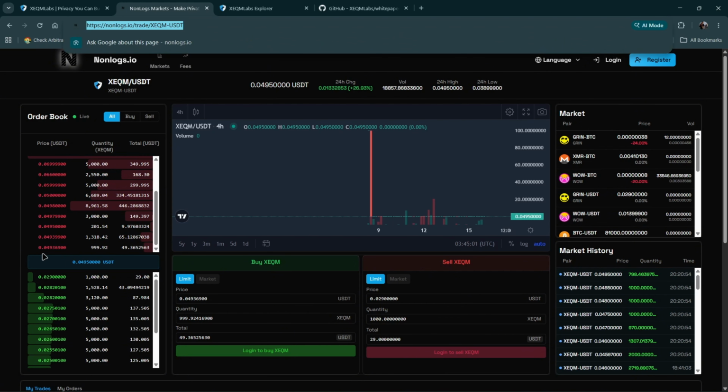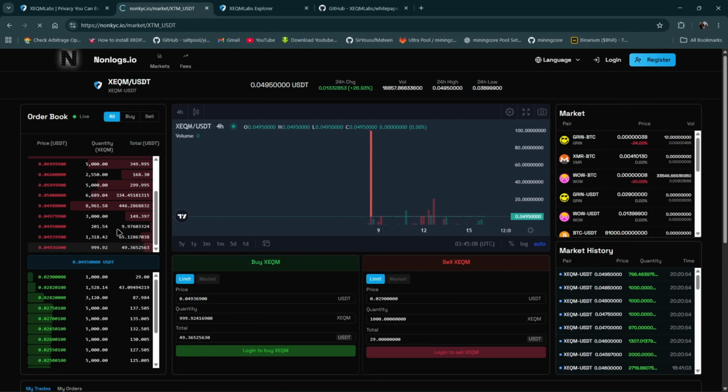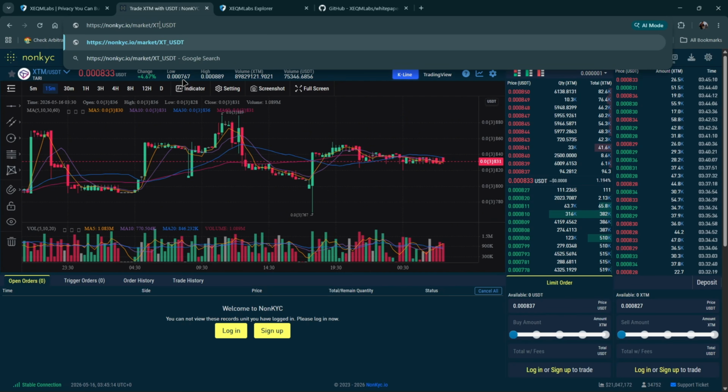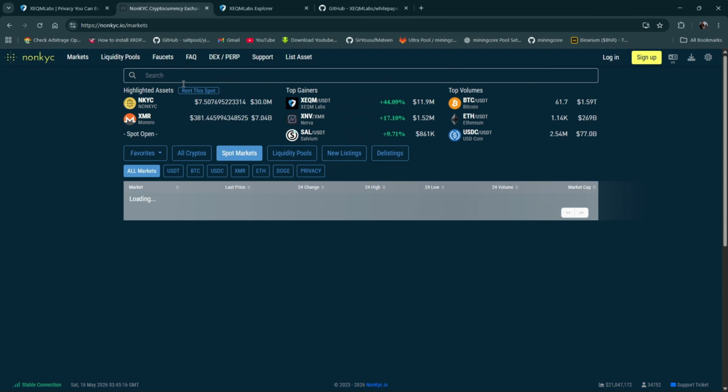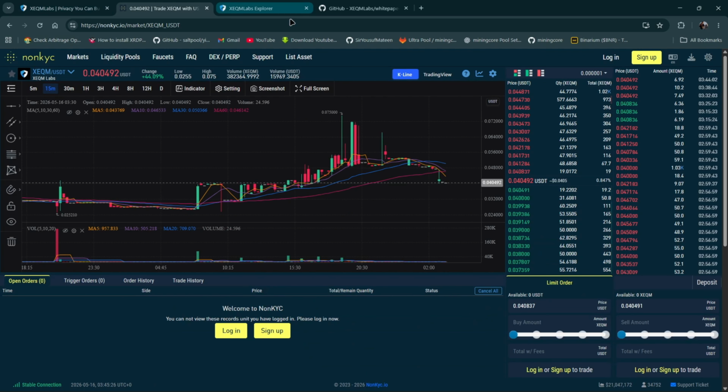Now non-KYC has a lesser gap in the buy orders, which is the second exchange that recently listed XEQM, and we will just head over to non-KYC, go to XEQM. There's only one pair, XEQM USDT, and you can see it's in the top gainer section at the top. This is the beauty of this coin. Even on a slightly bigger, second exchange, it's in the top gainers chart,